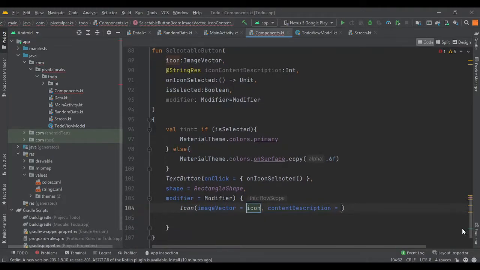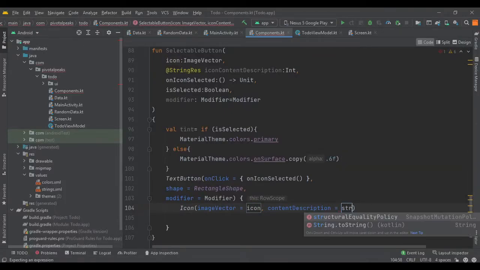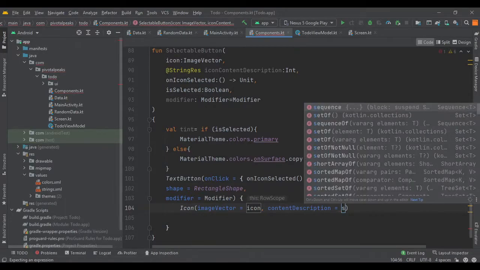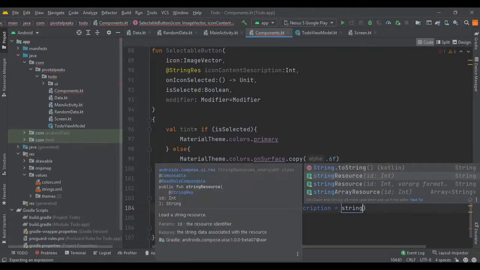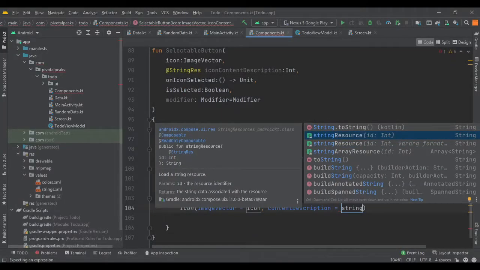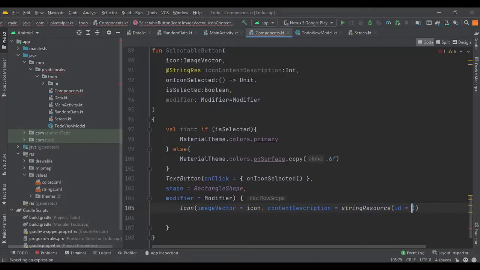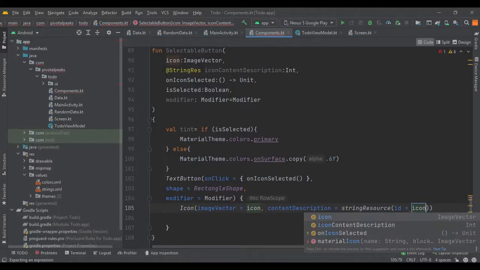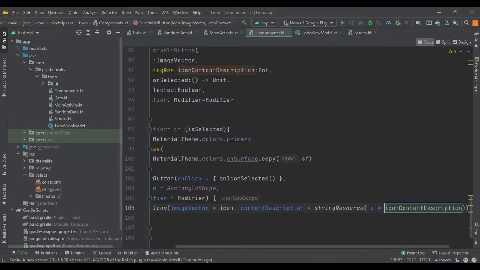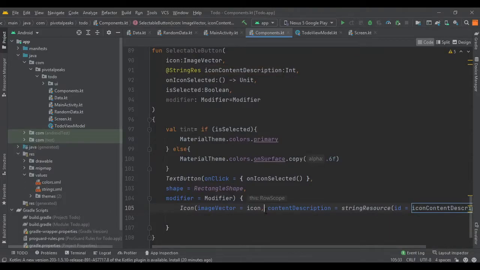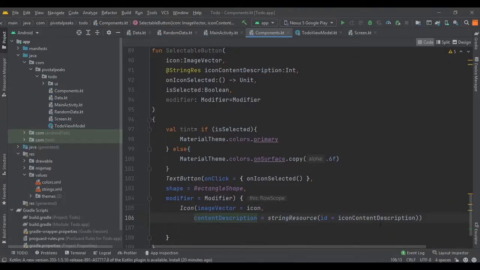And for content description we need to again provide the string resources, this one, stringResource with id, and we are going to pass the id as iconContentDescription. And yeah, that's it for the icon. Let's break it down a bit so it will be easy to read.